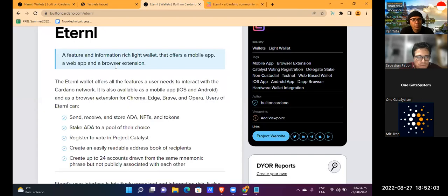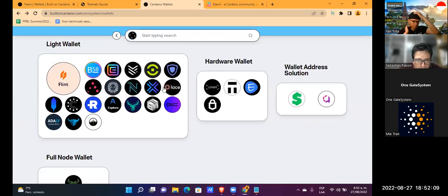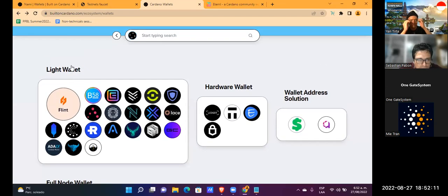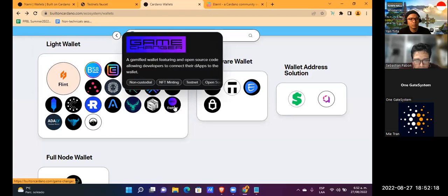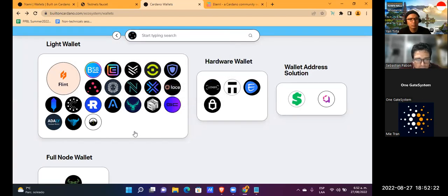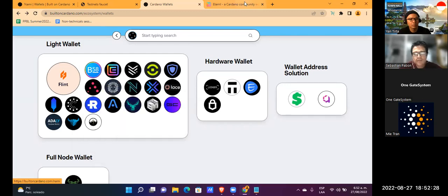We can import other wallets, for example, a wallet from Yoroi, Lace wallet, or a GameChanger wallet, or any other wallets.